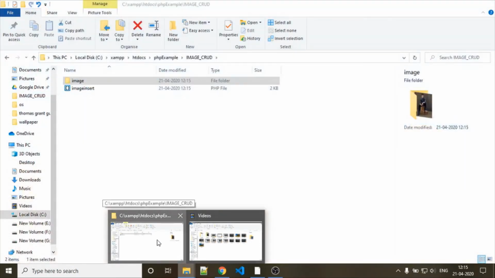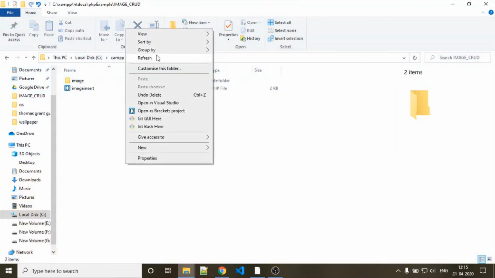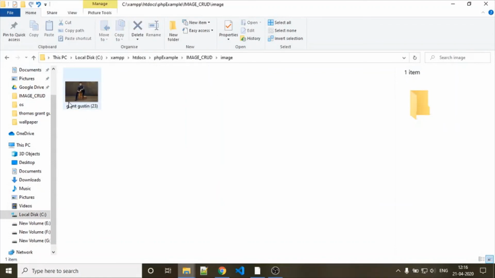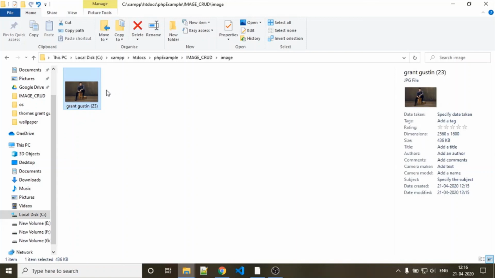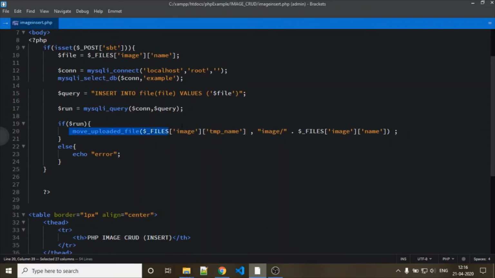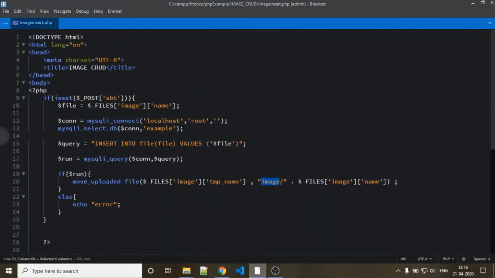We are not displaying it, so check here if this file is uploaded or not. Here you can see that we have uploaded this file into that folder. The move_uploaded_file function uploaded the recently selected file into the image folder we just created.